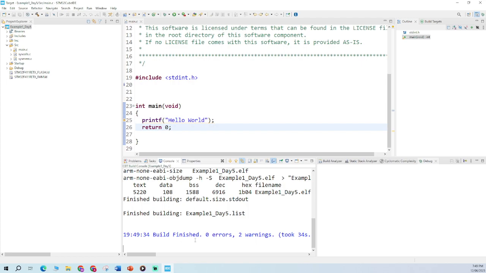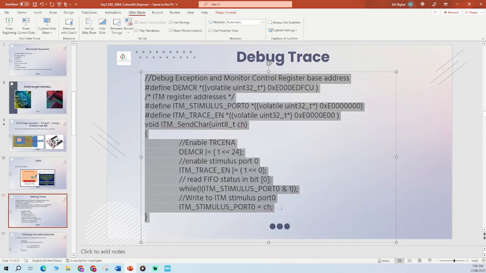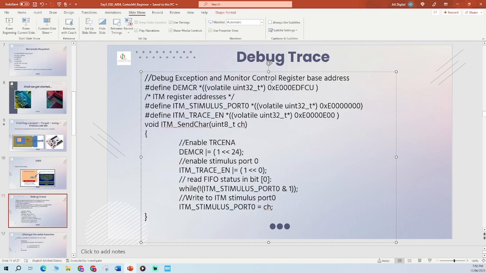Because we're going to do the debug mode, and this is about real-time debugging, we need a bit of help other than just writing a printf statement there. So what is it? If you go back to the presentation that I shared with you today, you have to use the debug trace so that you can start debugging your code. You can get this piece of code from STMicroelectronics or from the data sheet. It is readily available, so it's nothing new. Copy the whole